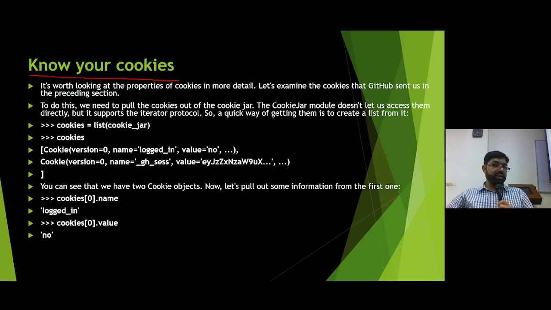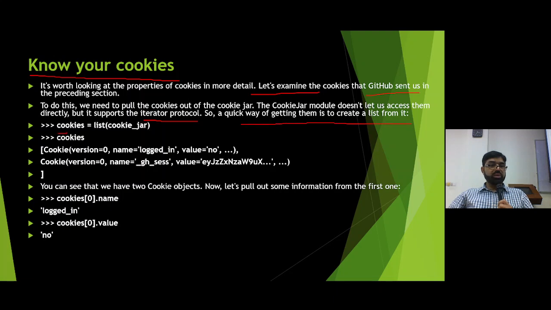So, know your cookies. Now we are going to explore our cookies. It's worth looking at the properties of the cookies in more detail. Let's examine the cookies that GitHub sent us. To do this, we need to pull cookies out of the cookie jar. The cookie jar module does not let us access them directly, but it supports the iterator protocol, and a quick way of getting them is